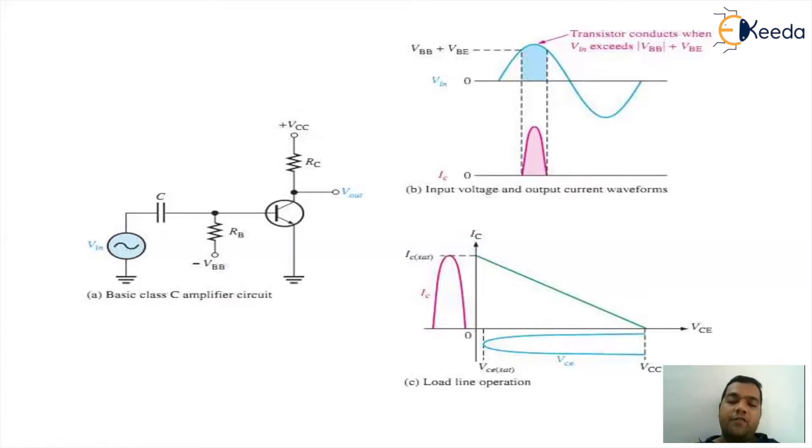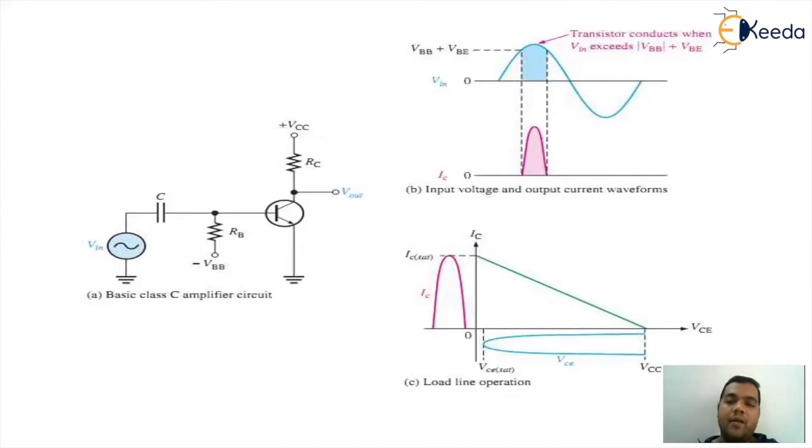Now the only confusion that will be there is, how do you get full cycles? To achieve full cycles, we normally use tank circuits, which are a combination of an inductor and a capacitor, instead of the resistor RC. So RC gets replaced by tuned tank circuits, and hence they come under the category of tuned Class C power amplifier. That is a minor adjustment done so that we can create a full cycle from the impact produced at the collector end.